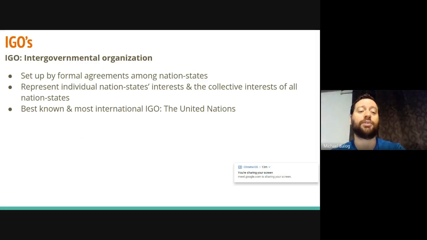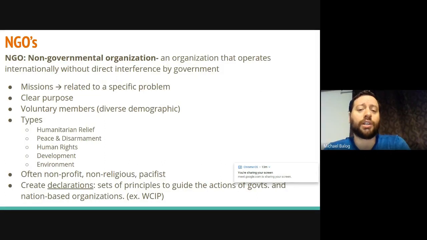Obviously, the best known intergovernmental organization is the United Nations. So there are also non-governmental organizations, and these are organizations that operate without direct influence from a government. So an example could be the Red Cross, right? No government controls what the Red Cross does. Now, again, there's this idea of direct interference, because sometimes organizations, NGOs, can be influenced by governments, but they're usually